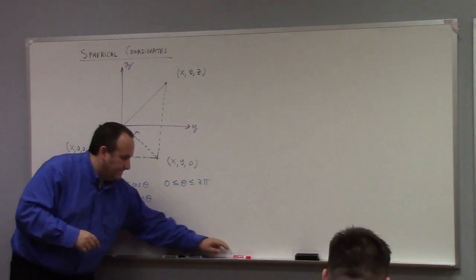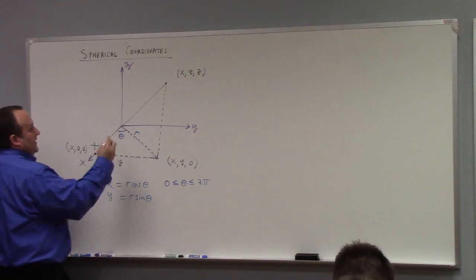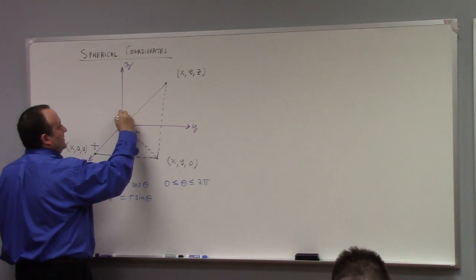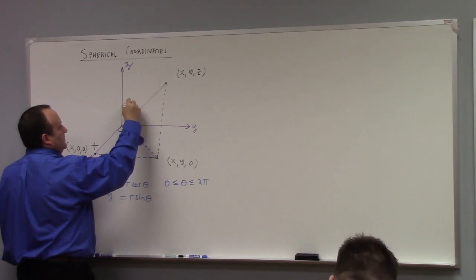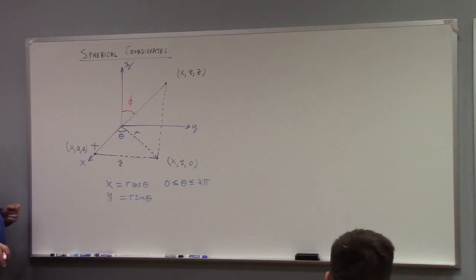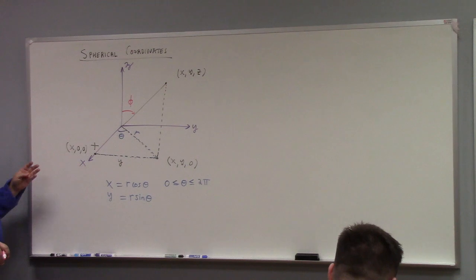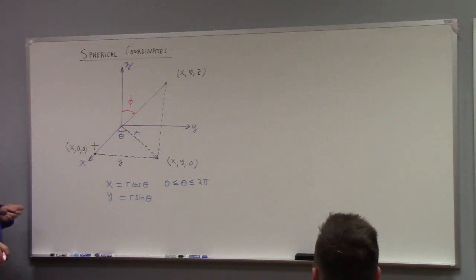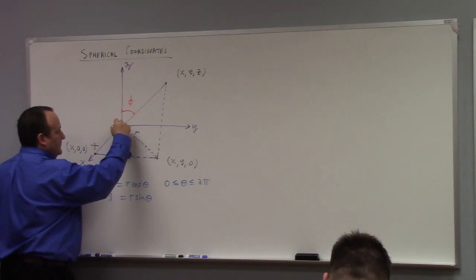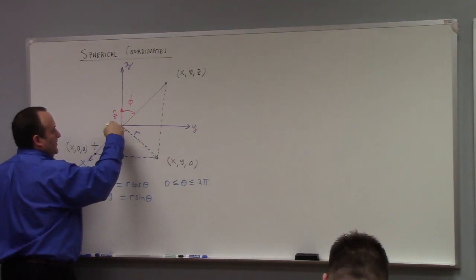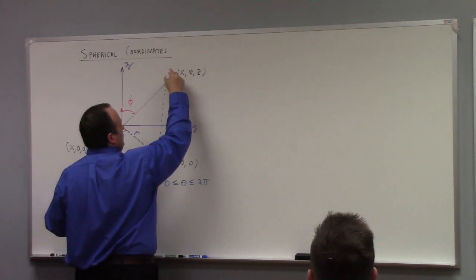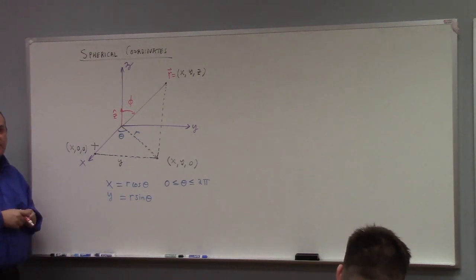Now, here's the new one. The angle off the positive z-axis, well, that's this right here, right? This is so-called phi. That angle would be defined by, for example, taking the z hat vector, which would be like this, and asking what's the angle between it and this, if I call this the position vector, for the sake of discussion, x, y, z, r